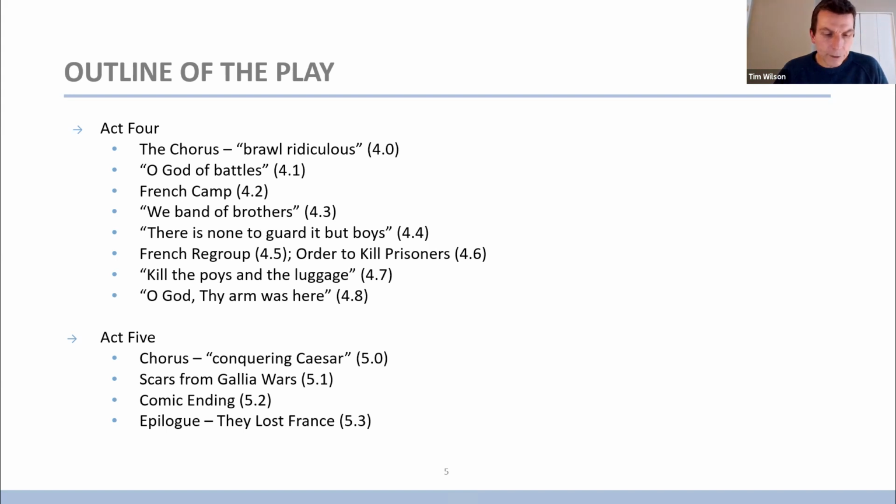So in Act 4, Scene 5, we learn that against all odds, the English are winning. And it shows the French nobles, they're alarmed and they're ashamed, but then with the Dauphin saying, this is shameful, let's stab ourselves, and the other saying, no, let's get back into the throng and try to turn the tide again. So they regroup. In Act 4, Scene 6, the English nobles are discussing, and they hear the report that the French are regrouping. It's at this point that Henry gives the order that the prisoners are to be killed.